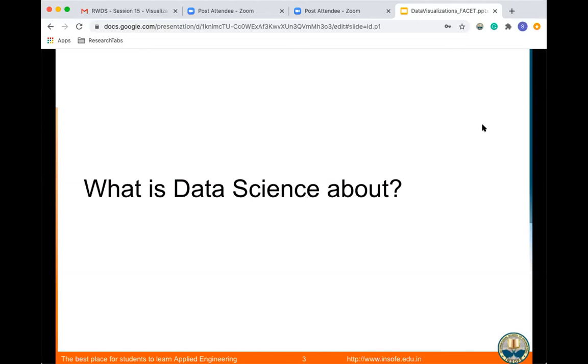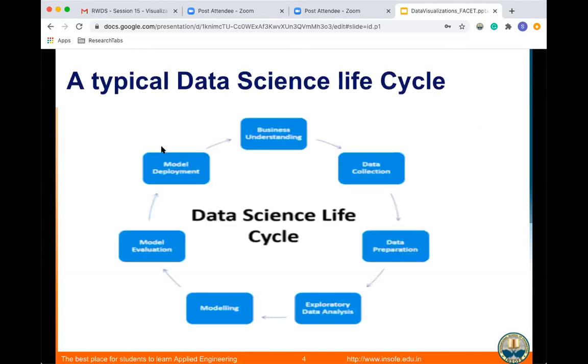So the next question I can ask: what is data? In the entire life cycle, you can see that data science helps us in getting various patterns, which work for the betterment of life, Manoranjan.